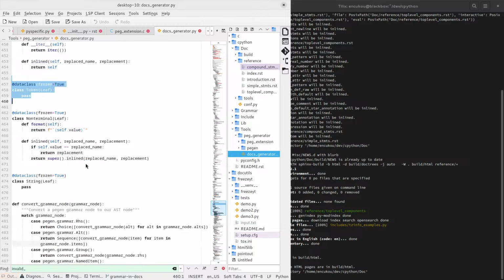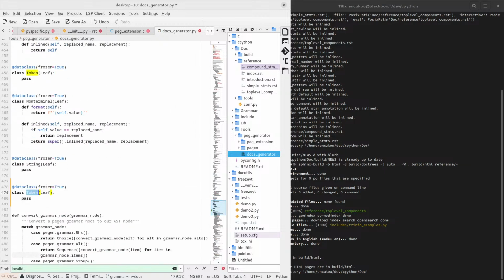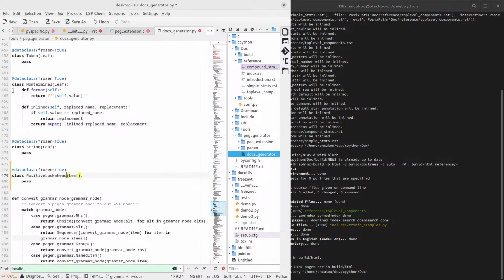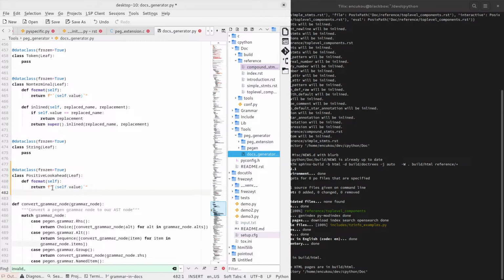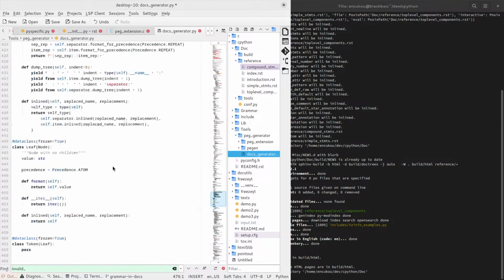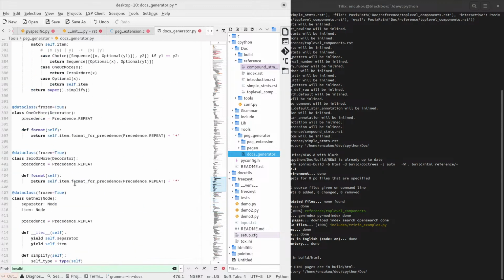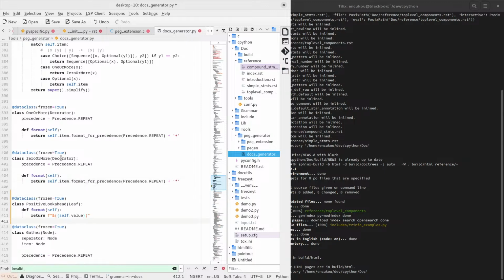Let me add a new leaf class called positive lookahead and say that it formats as... okay. Oh, it's not a leaf, it's a decorator. It has another node in it. So here, decorator,